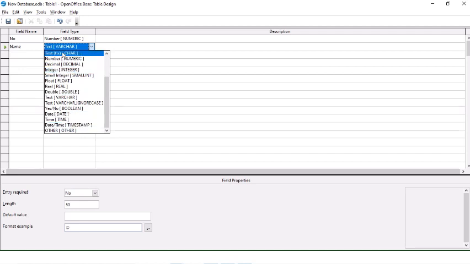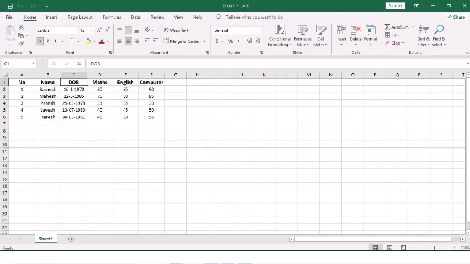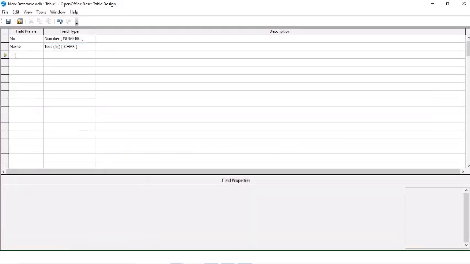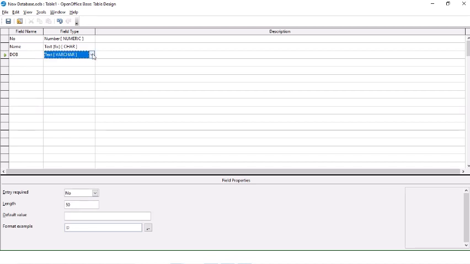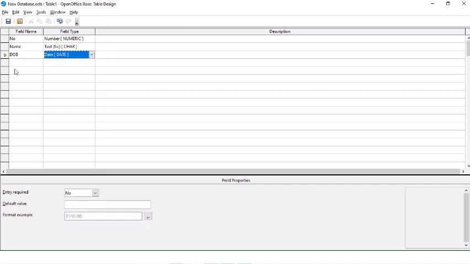So we select text. Then what is the next field? That is date of birth. Date of birth is normally in the form of a date, so here we select date.